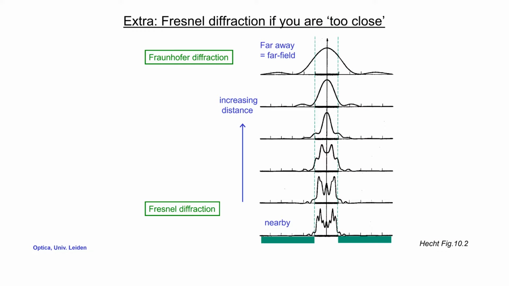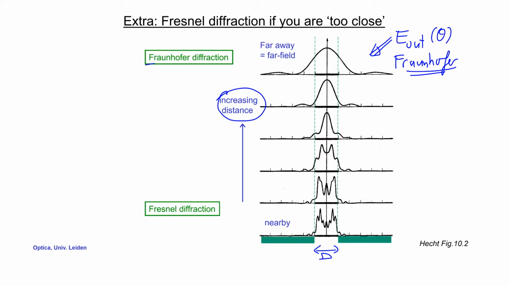This slide shows how the diffraction pattern behind the slit of size d changes with increasing distance. Previously, we considered the diffraction pattern far away. And if you're far away, you only have to worry about the output field as a function of angle. So if you're further away, the pattern becomes bigger, but as a function of angle, it basically looks the same. There's only scaling, right? And this far field diffraction you call Fraunhofer diffraction,